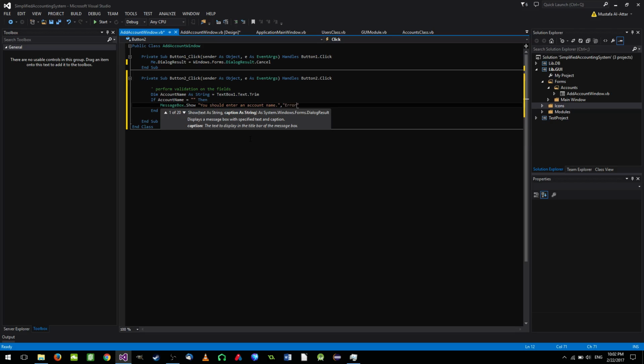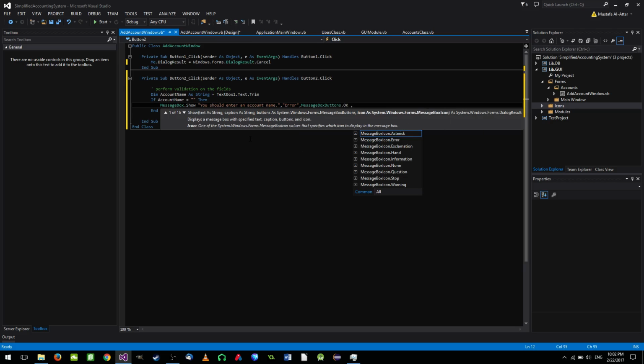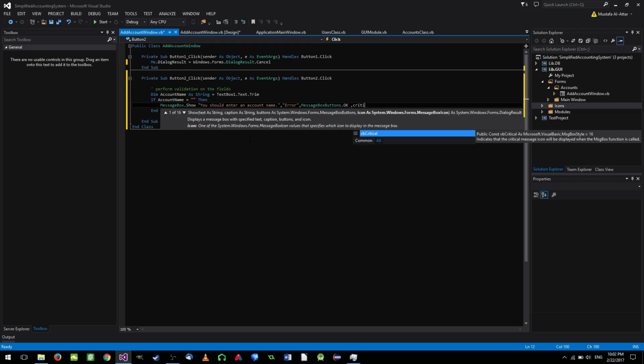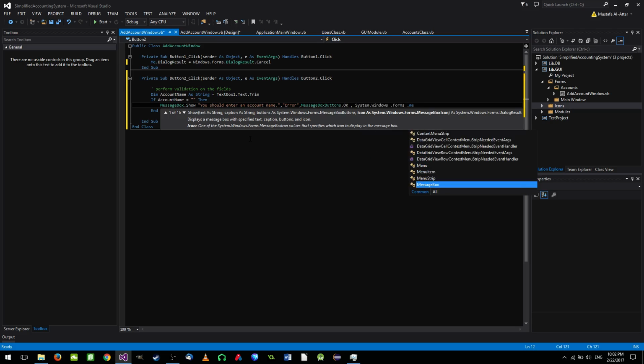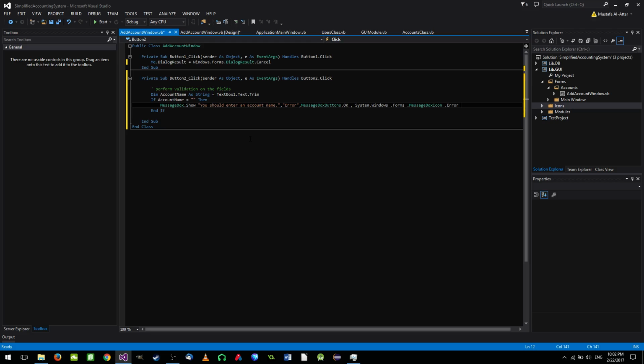The caption is going to be error, followed by the button OK only, followed by the icon critical, right? This is going to be System.Windows.Forms.MessageBoxIcon.Error. There you go. So we show this message and